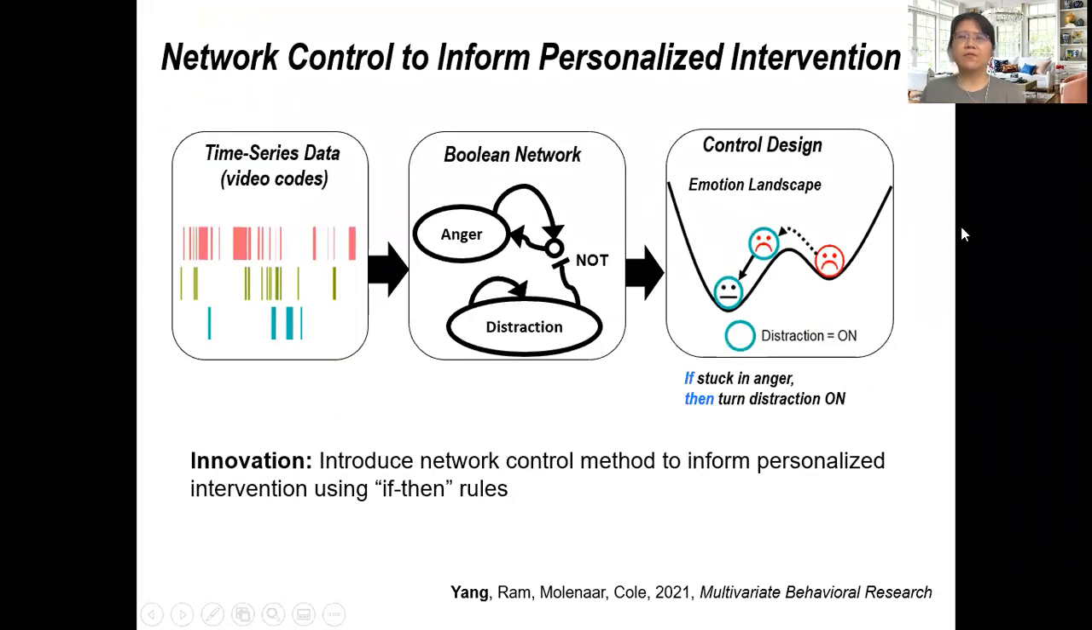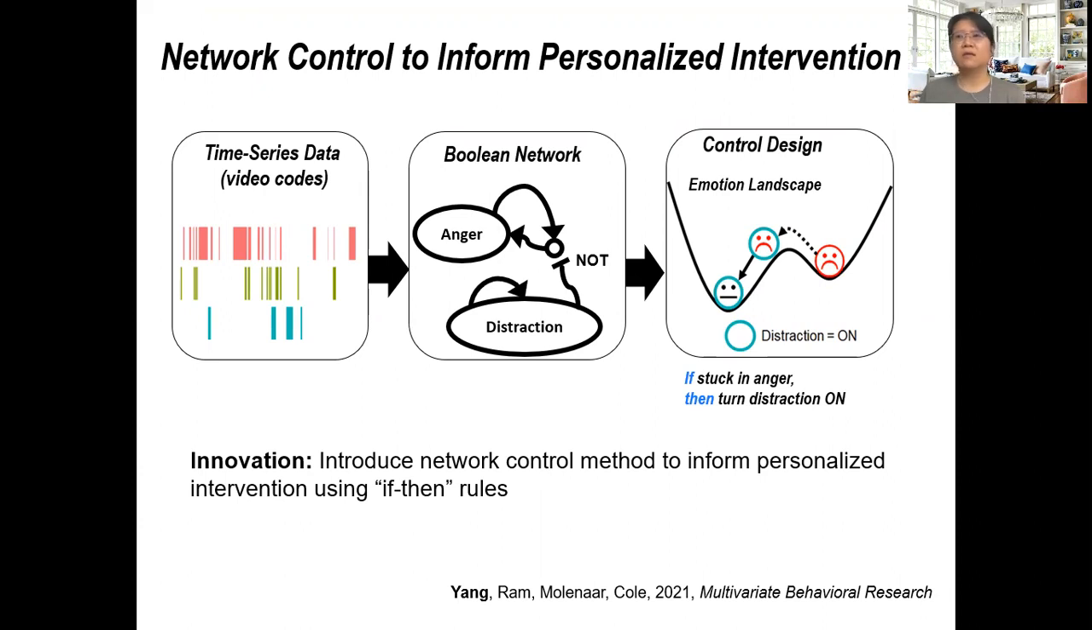This is an overview of the Boolean network control method, and we used it to inform personalized intervention. We started with time series data, or binary time series data, from children's emotion regulation studies, and then used Boolean networks to model the temporal dynamics between emotion and behavior. Eventually we want to derive the emotion landscape of a particular child, whether they're likely to be stuck in anger, and how to recommend behaviors so that we can move them out of the anger state to a more